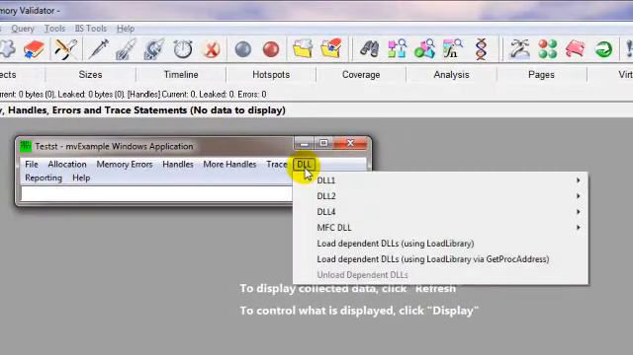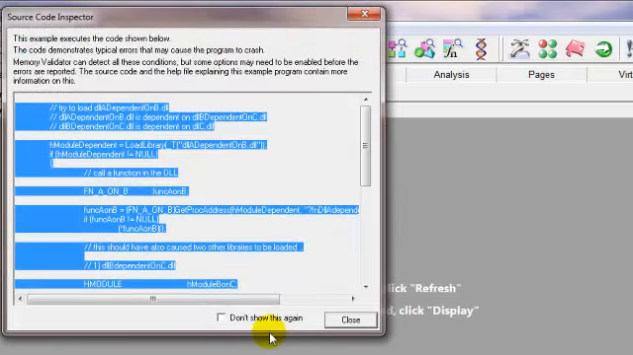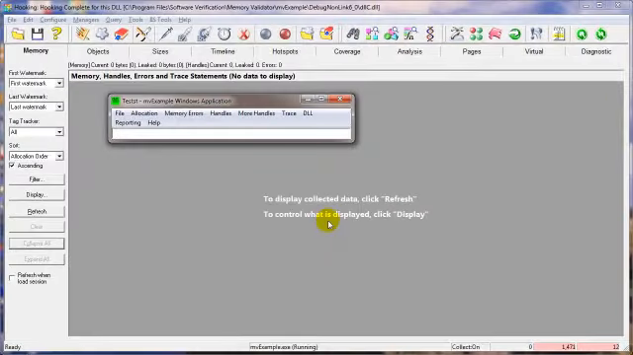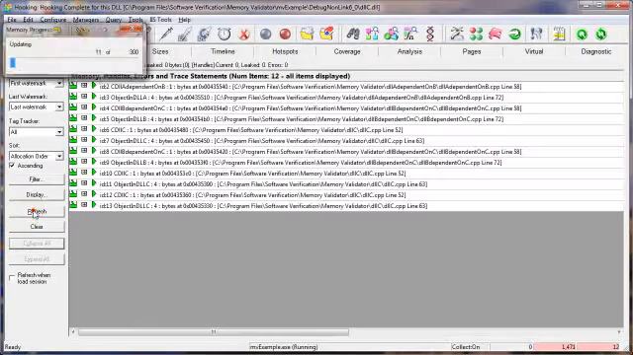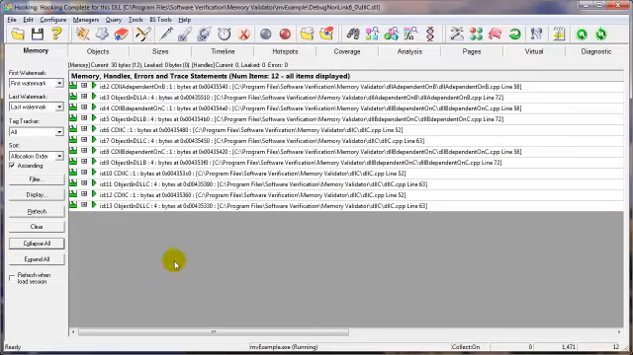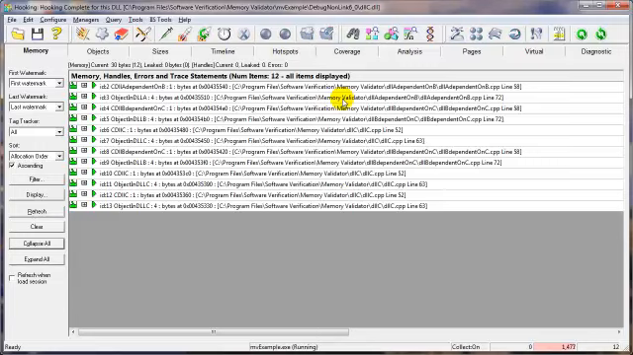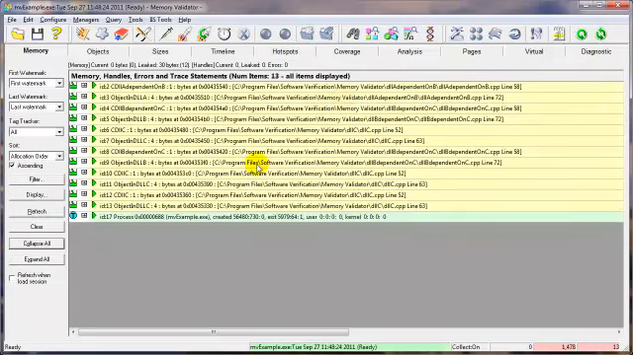Now if I click the DLL menu and choose load dependent DLLs, the 3 DLLs that we've specified will be loaded. Just dismiss this dialog. Now if I click refresh again, there we go, we've got the data from those DLLs. Close the test. Memory Validator calculates what's leaked, and all the data from those 3 DLLs is leaked,